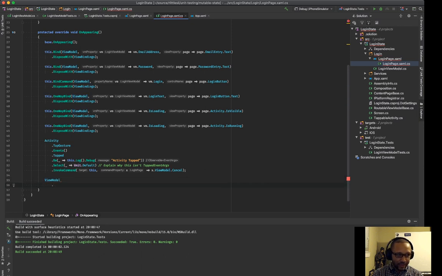Dot is valid, dot start with false, dot distinct until changed. Yeah, this is all just going to be a whole bunch of Rx magic. Subscribe,